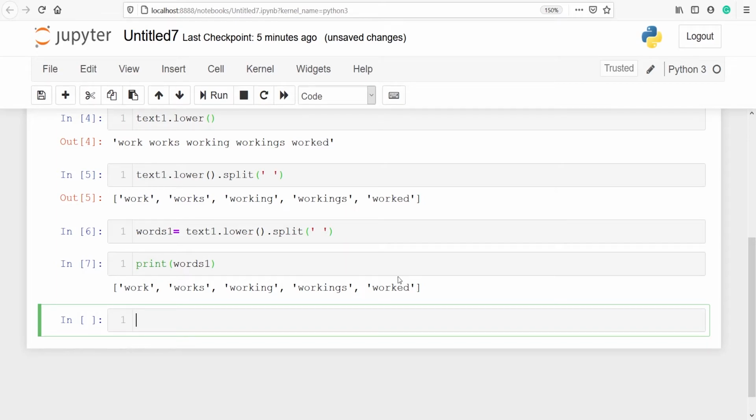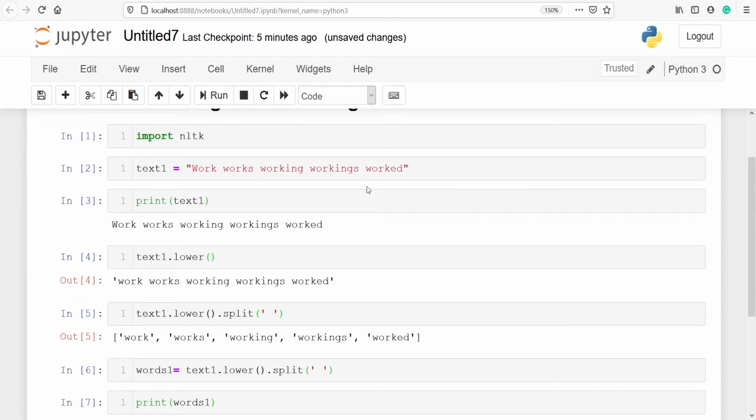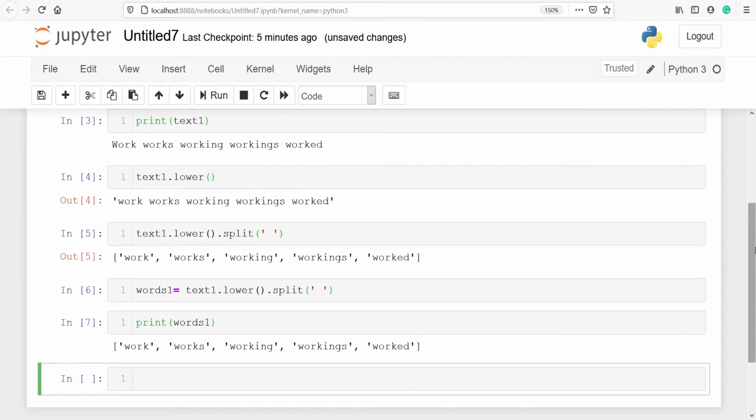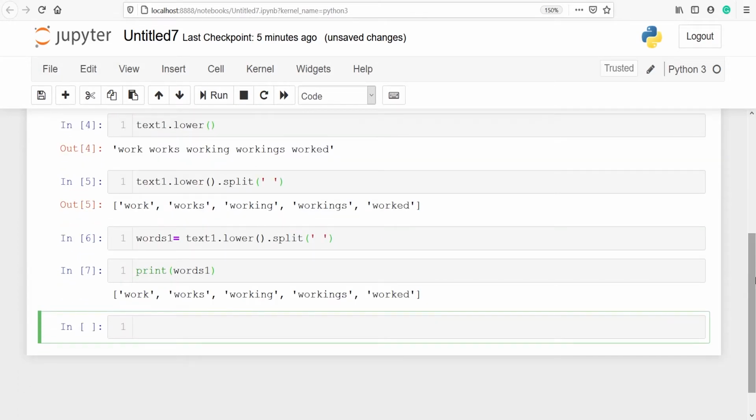This is normalization, that is, we have normalized all the words. Now no words are some in capital letter or in small letter, but now all the words are in the small letter. This is the process of normalization.